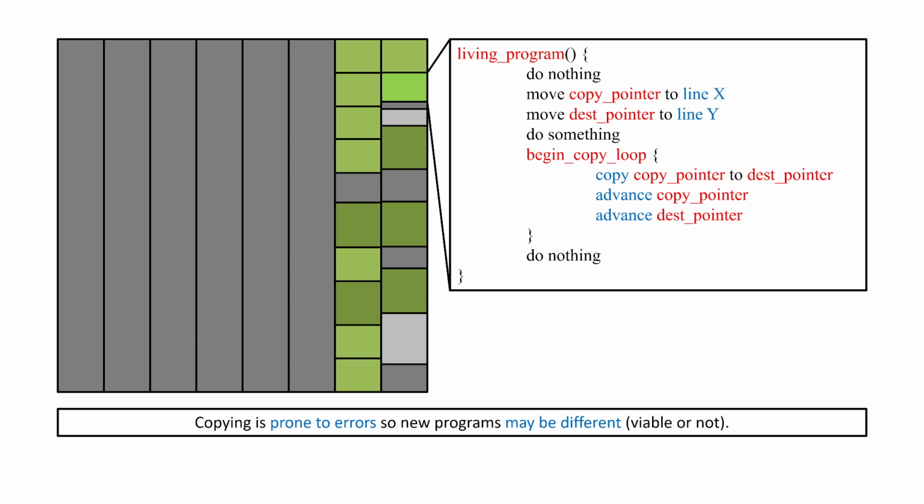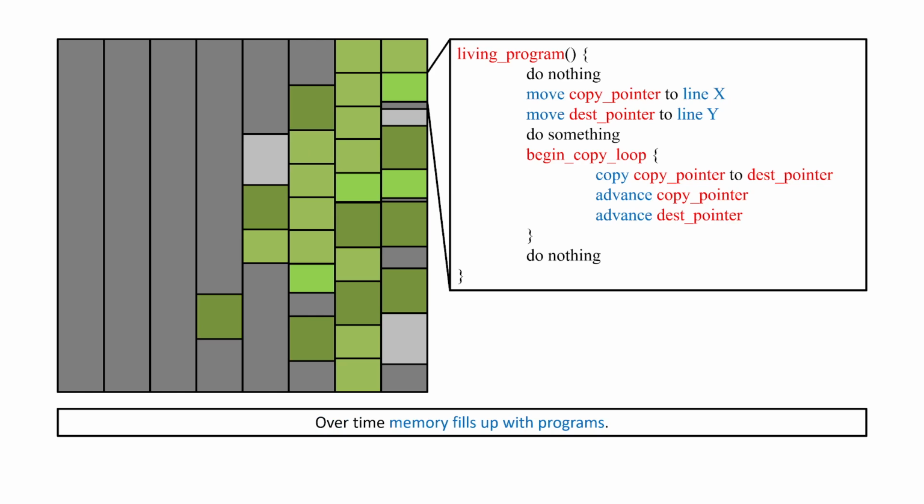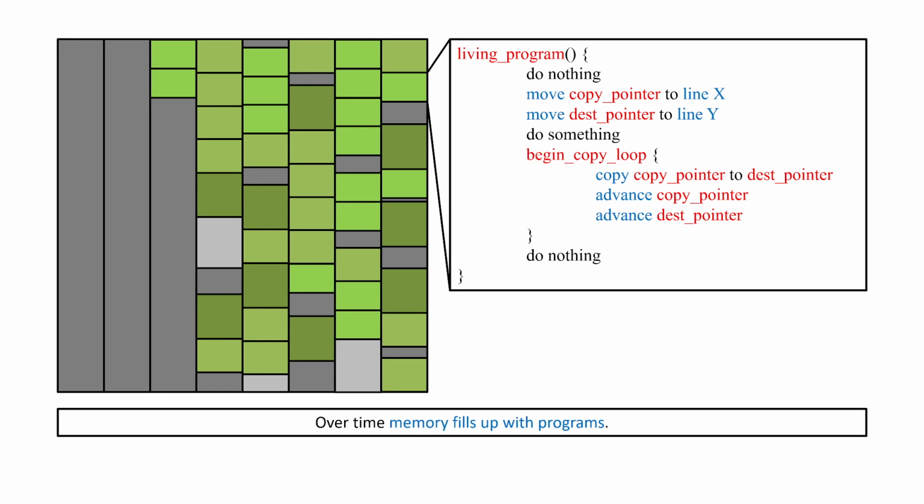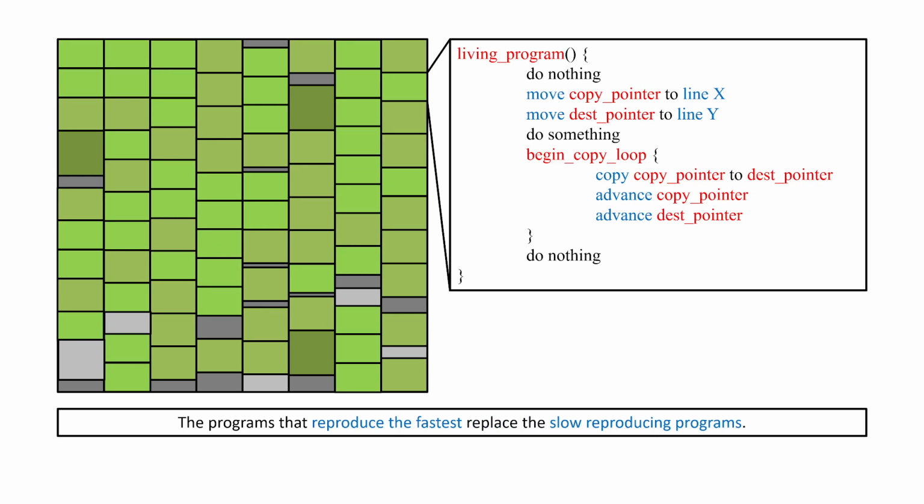So if we run this program for a while, we can see it starts to fill up with programs. So we've got this simulation going. Tierra was allowed to run for quite a while. And we can imagine that at some point the shorter programs are faster, so they start populating more. You can see that brightest green one is populating the most. And then finally, I've simulated a few generations where some of them are dying out and being repopulated, so that you can see that after the memory starts to fill up, there are still some